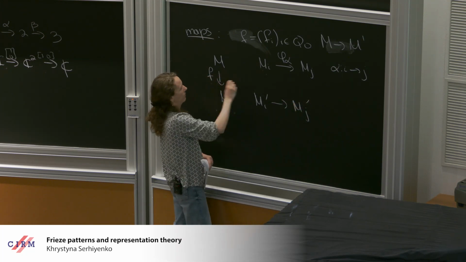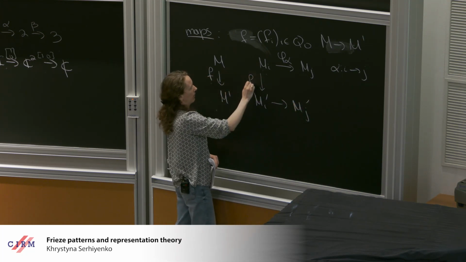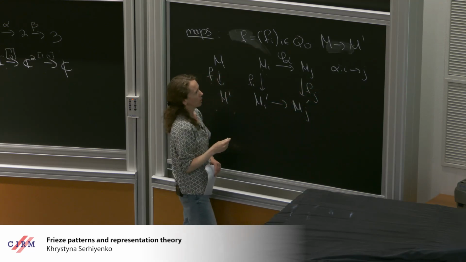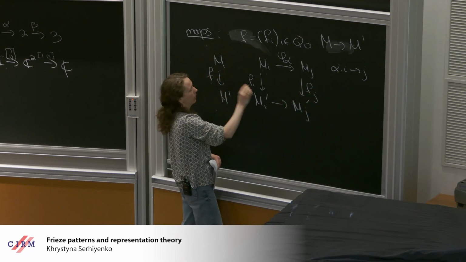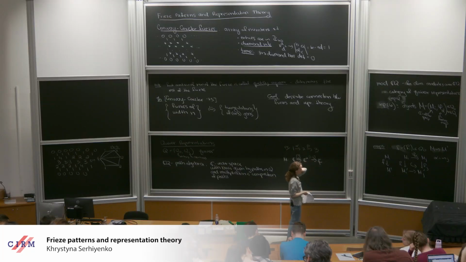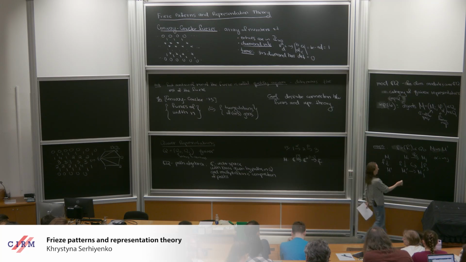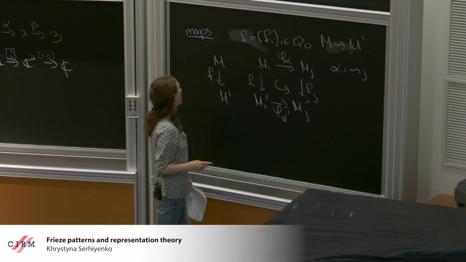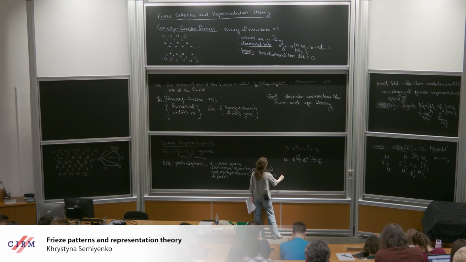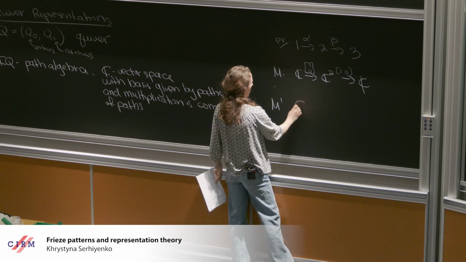And then the F tells me at each vertex I have a map for the vector spaces. And then to be a map of quiver representations, this has to commute for every arrow alpha. So I guess this is phi alpha prime. Okay, so in our example, if this is M, I can write another representation M prime, which let's say is